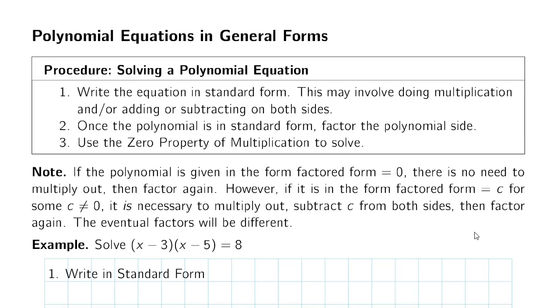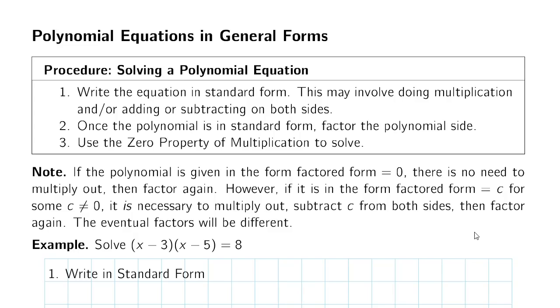Okay, what if we have a polynomial equation that isn't in factored form and it isn't in standard form? Well, then our process is first we get it in standard form, then we factor so it's in factored form, and then we use the zero property. Now, that's our general process. Get the equation in standard form, multiplying out if necessary, then factor, then use the zero